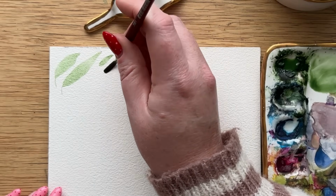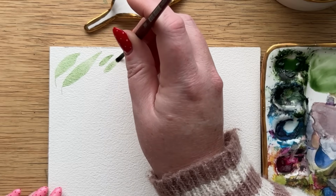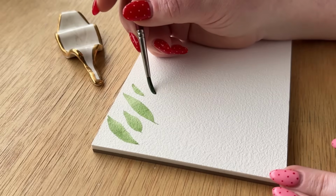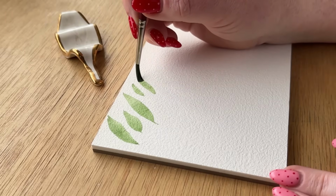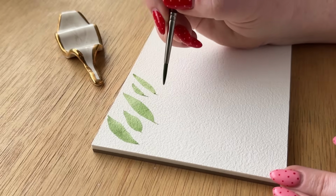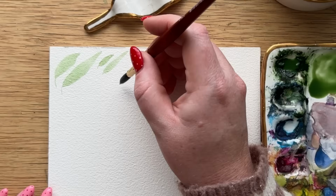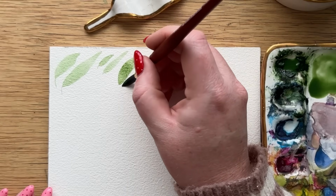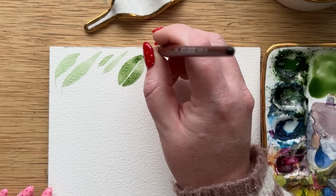So for this size 4 round brush, my leaves are not very wide because it's a smaller barrel with the brush bristles, and so we're getting some tinier, thinner leaves, but we can make them short or we can make them long. Leaf number 2 is doing 2 of those strokes for leaf number 1, but combining it into one